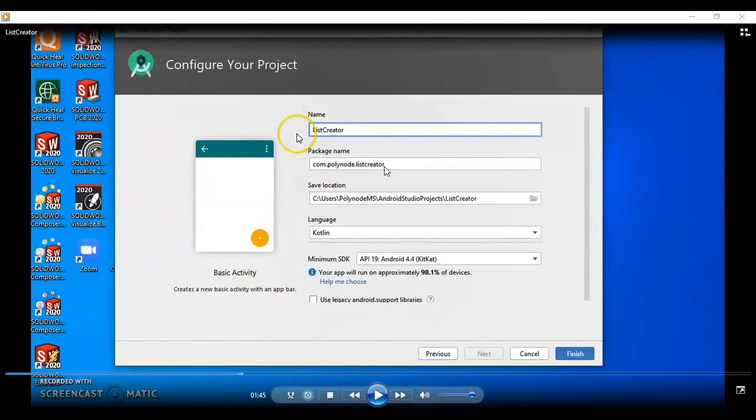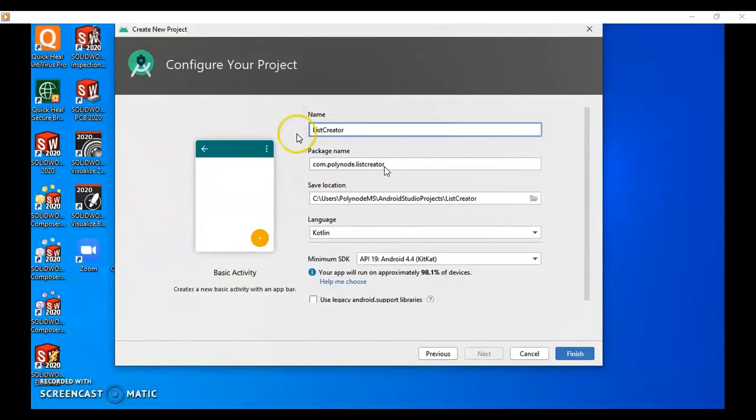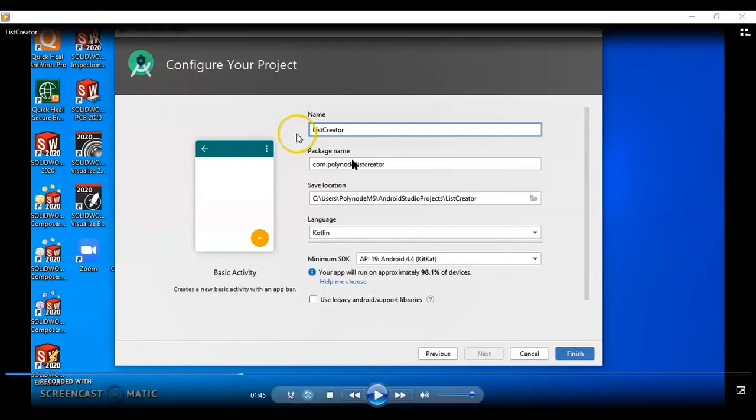If a device holds two different applications with the same package name, it will give rise to problems, right? Those applications will not run properly. Therefore, a unique package name should be assigned to your application.